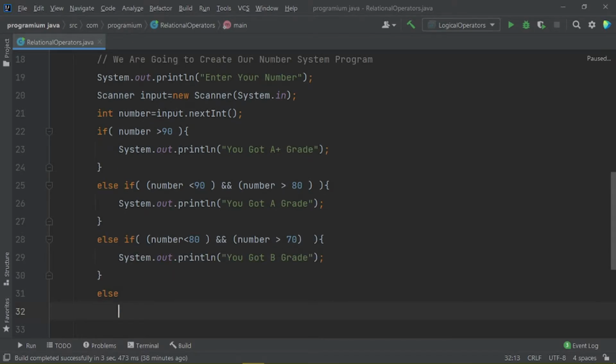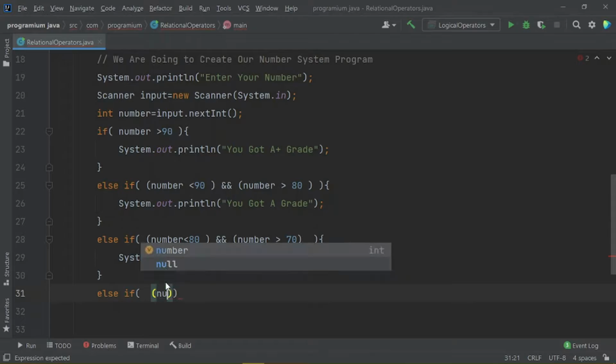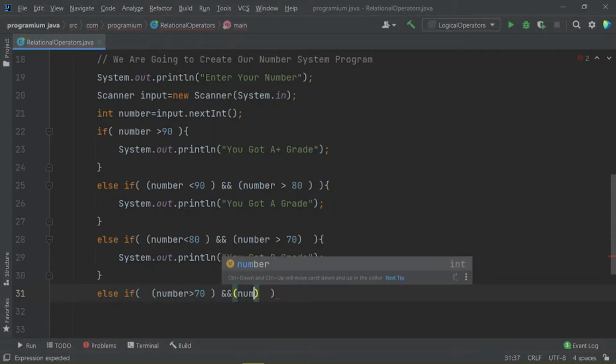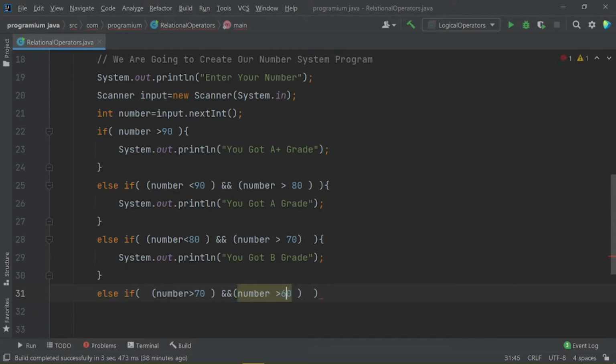After that, another else if, number smaller than 70 and number greater than 60 right now, then we will be telling the user, you got C grade.